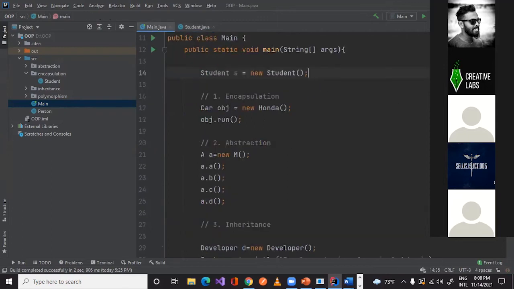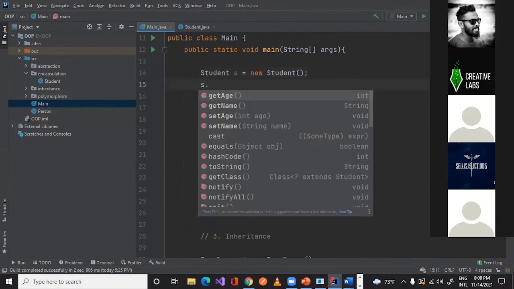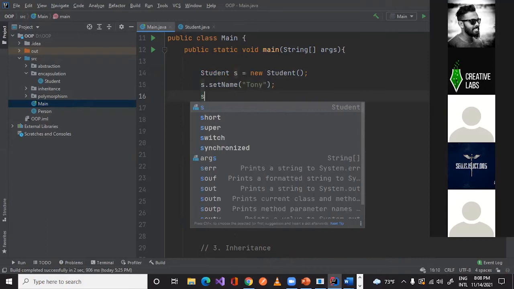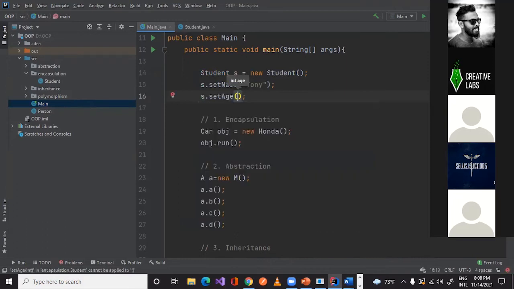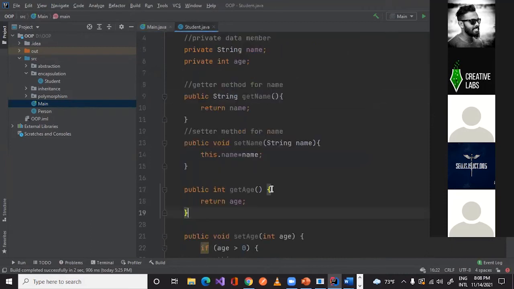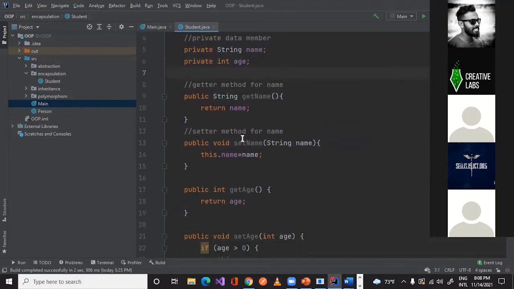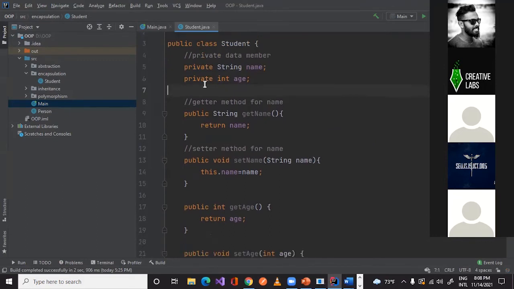Now for this student, we can use the setName function and pass the name, and for setAge we can pass 55. This is what encapsulation is. We are limiting the process inside this class. The only way to modify these things is to use a set function or a get function.